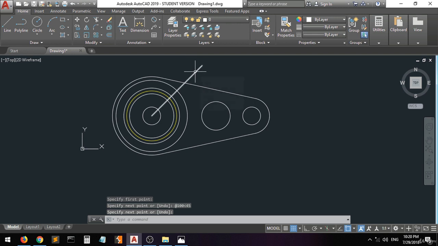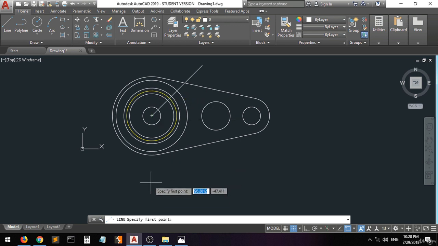It's just a guideline. We will delete here again. This was 45 plus 90, angle of